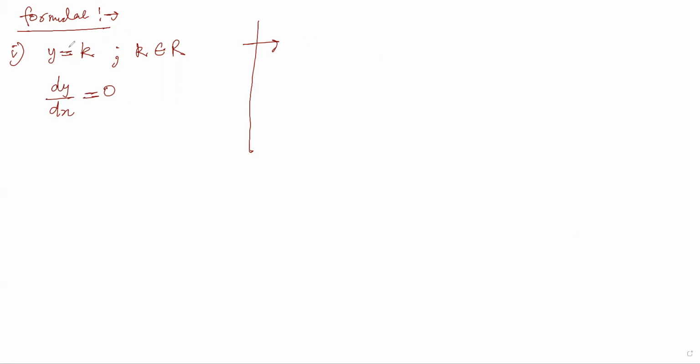So for the proof, you have y is equal to k. You can always write y as f(x). So you have your function as k. What is k? K is a constant, right? Now you want to find out f dash x. So you can say that using first principle,